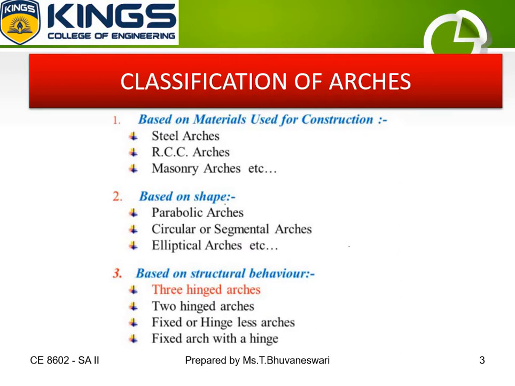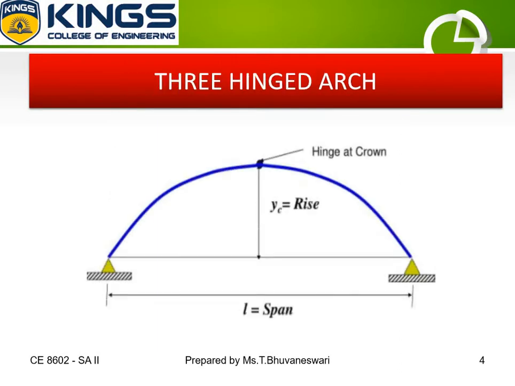In this session we are going to learn about what a three-hinged arch is and how it has to be analyzed to find out the bending moment, normal thrust and shear. Here we can see the image of the three-hinged arch, where the hinges will be provided at the two supports and at the crown. This is what is mentioned in the image.